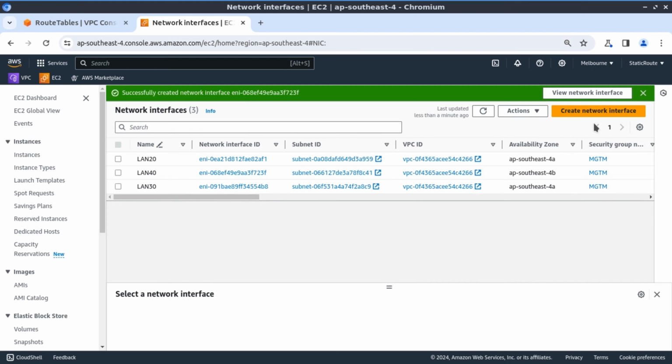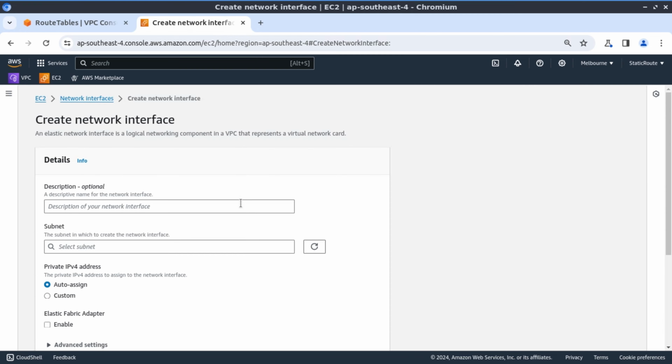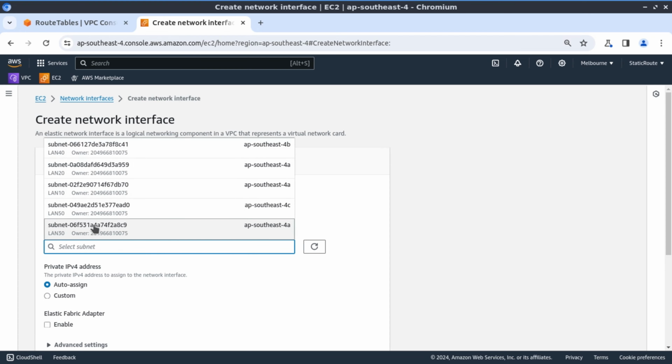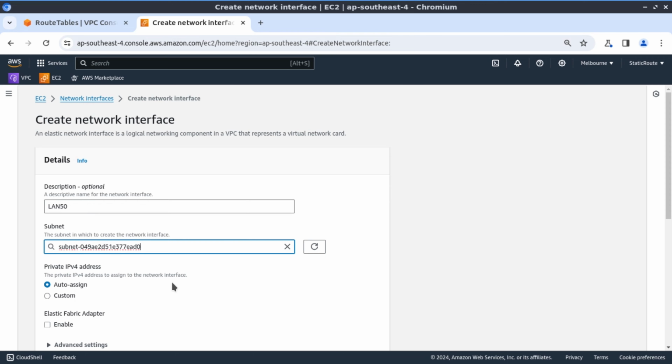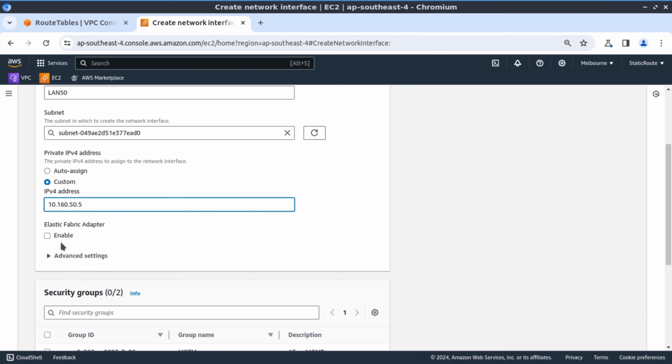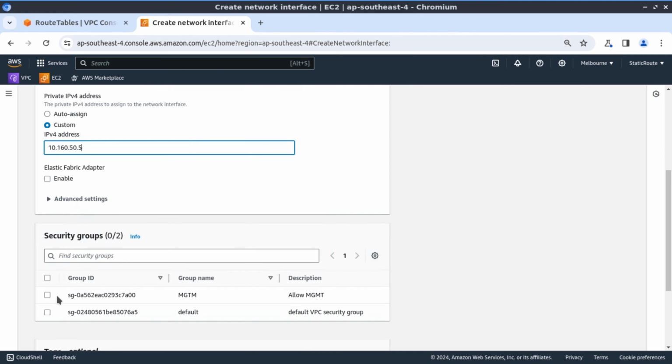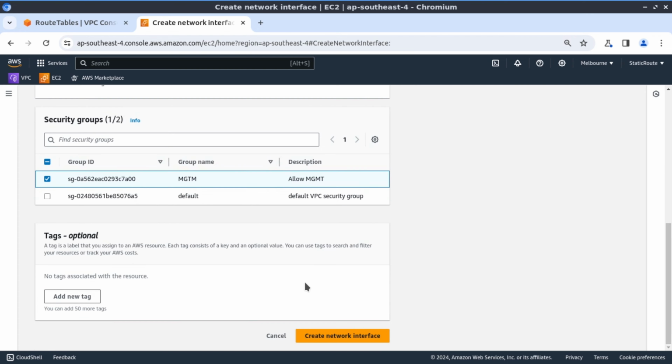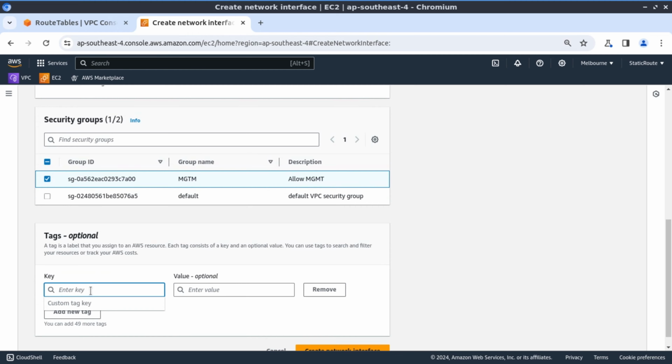And now on to our last and final network interface, LAN 50, and associated with subnet 50. Give it an IP address 10.160.50.5. Associate to management security group,